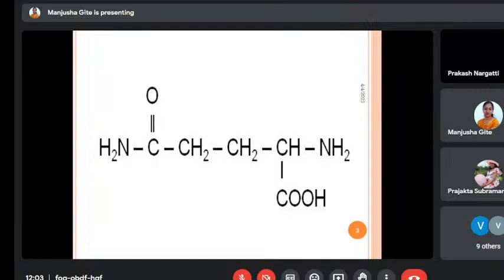Rule of 13. 13 means 1 3. Write this formula carefully. Rule of 13 is mainly used to determine the probable molecular formula of the compound. The formula is capital M by 13 is equal to